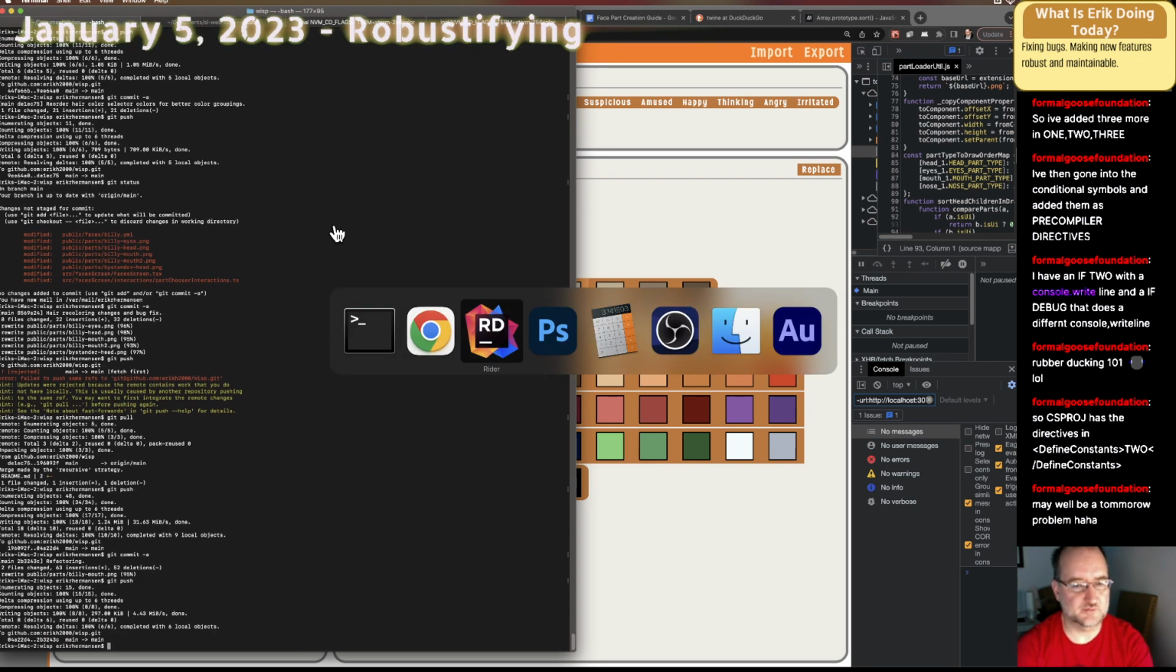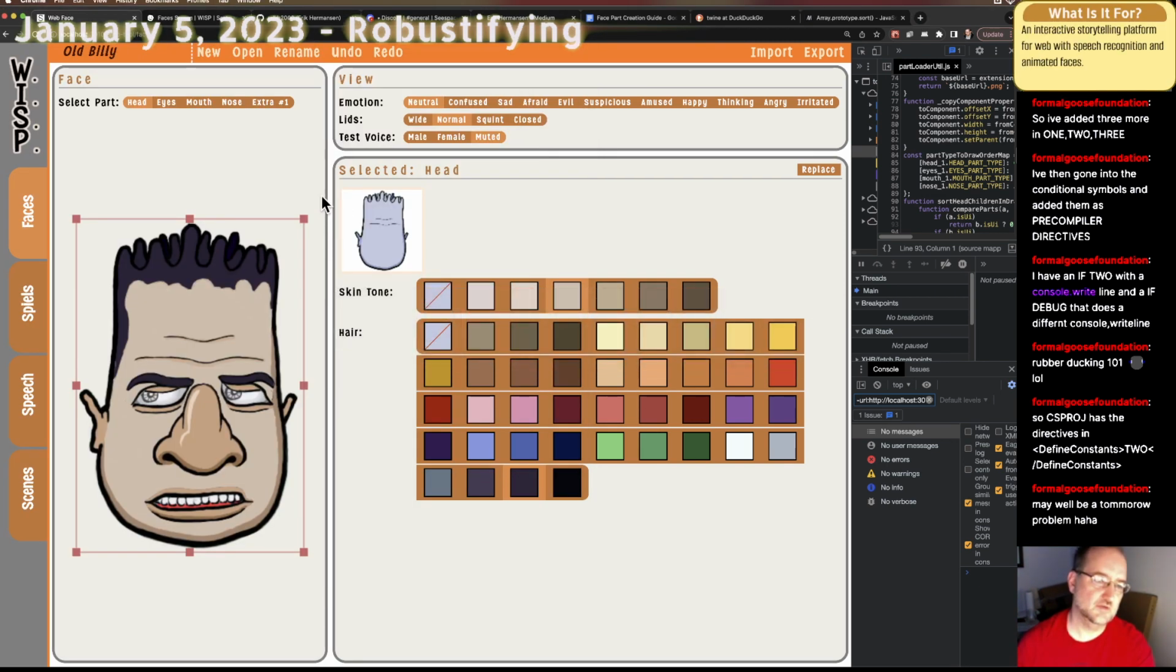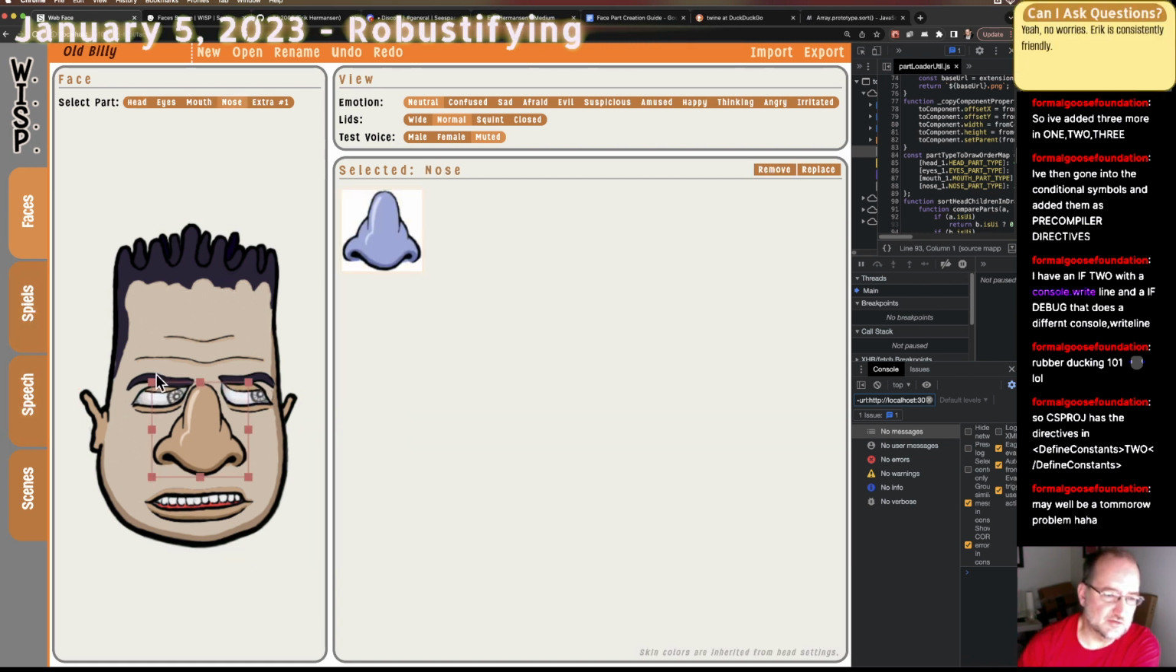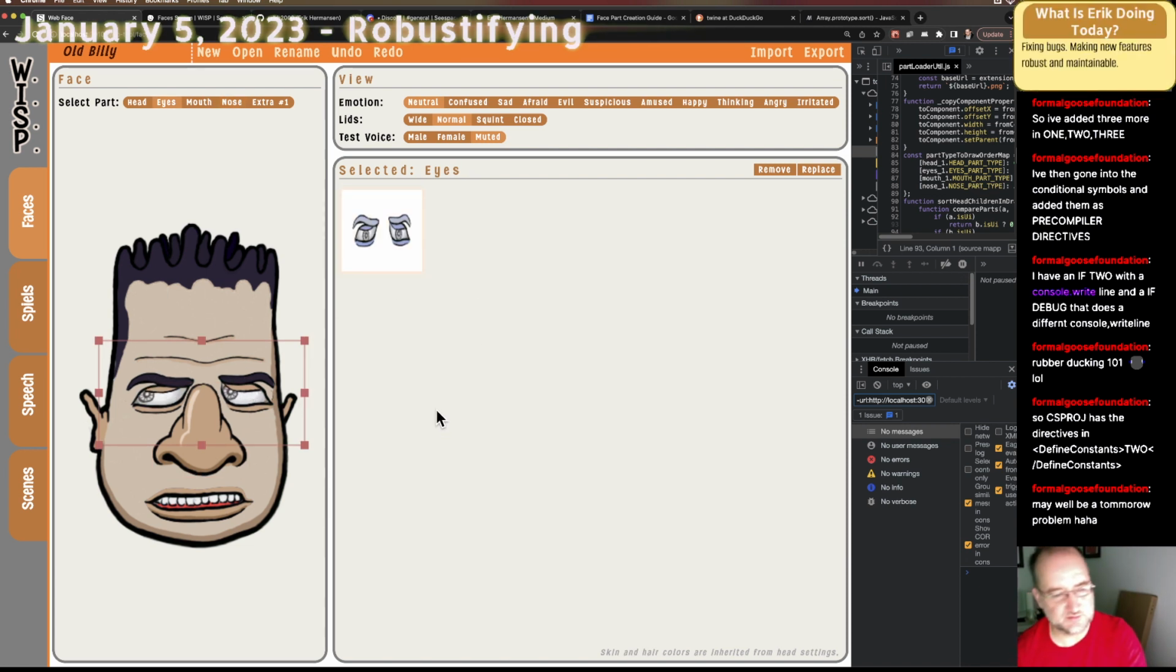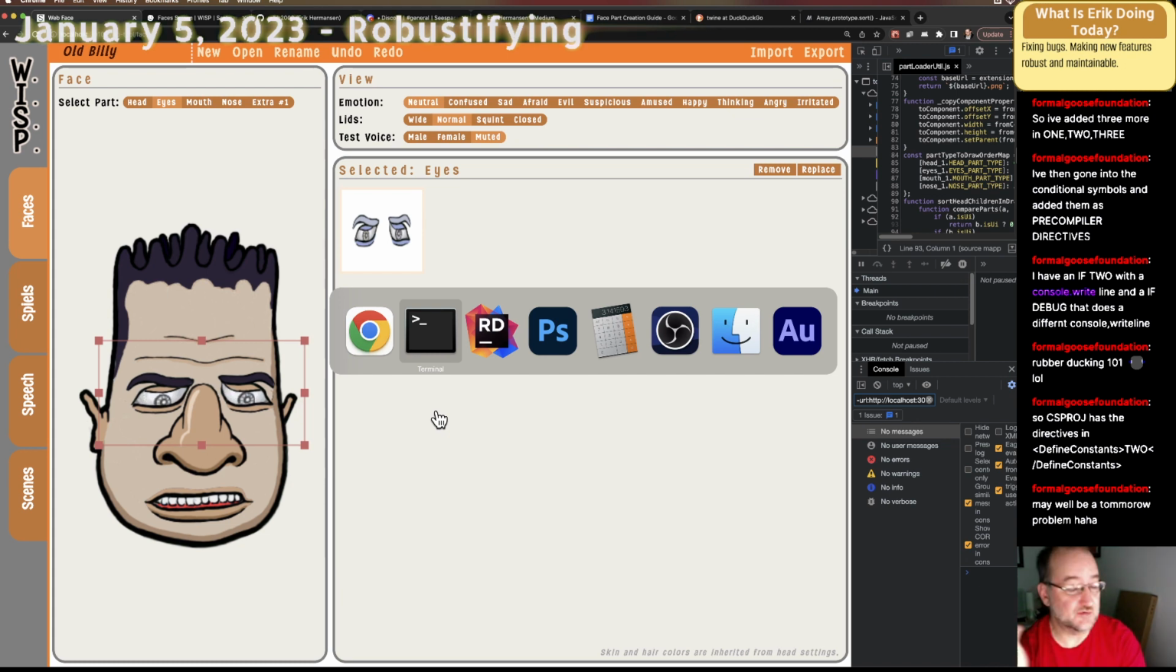Okay, what else? I'm looking for something that can be done in 20 minutes. I know what I could do in 20 minutes. It's not much, but I could make a little swatch for iris color and put it in the eye selection panel. So let's do that. It won't be able to do anything yet, but